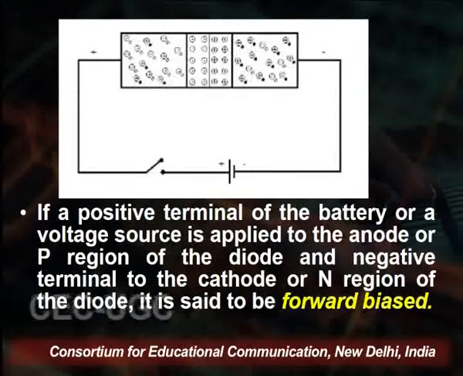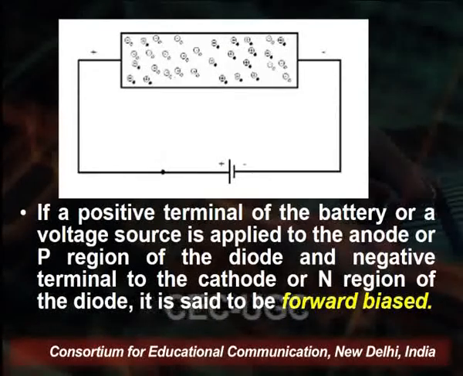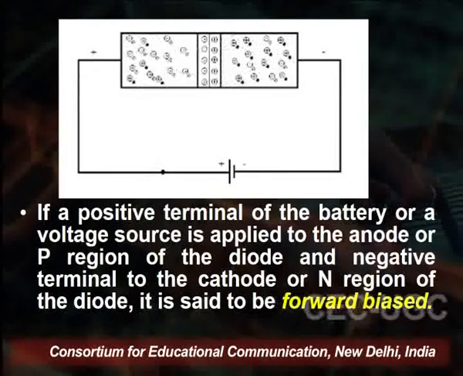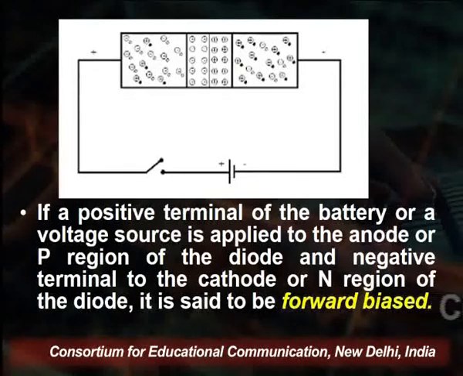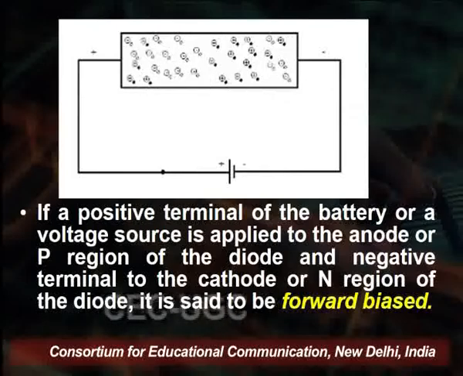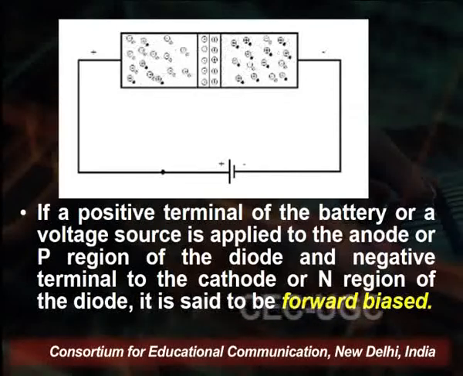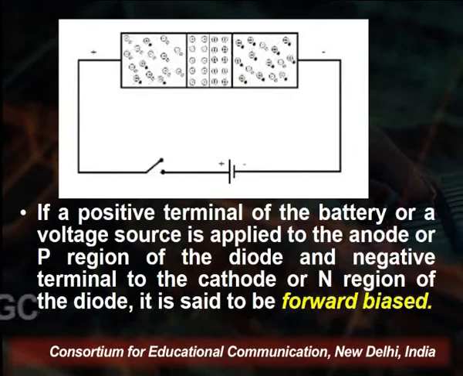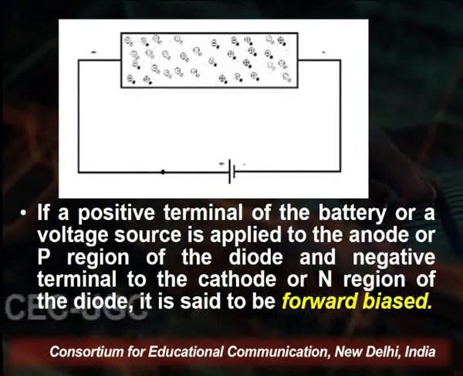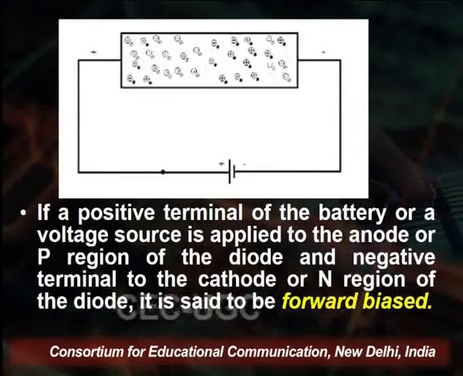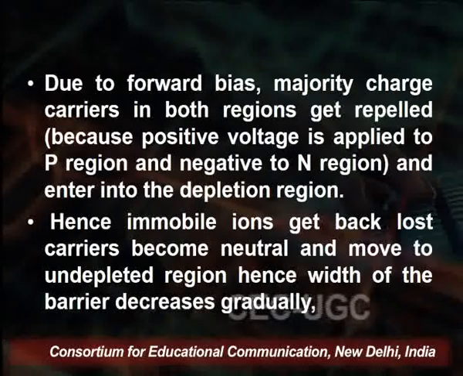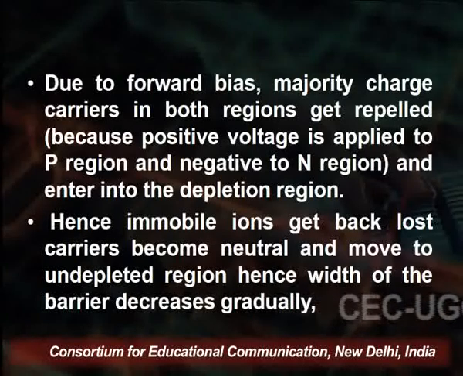If the positive terminal of the battery or voltage source is applied to the anode or P region, and the negative terminal is attached to the N type region, then it is called forward biasing. As you see in the diagram, negative is attached to negative and positive is attached to positive. Next, due to the forward biasing, majority charge carriers in both regions get repelled, because positive charge is applied to the P region and negative charge is applied to the N region,